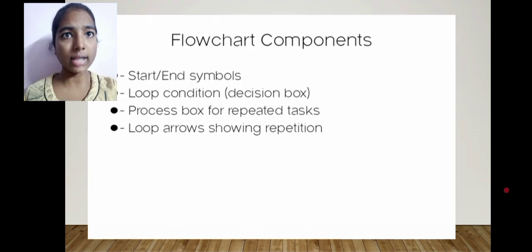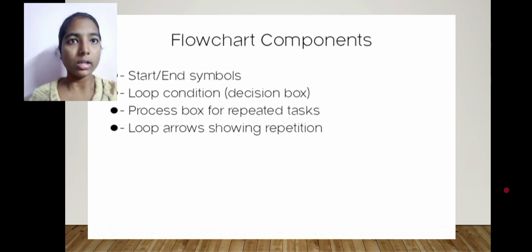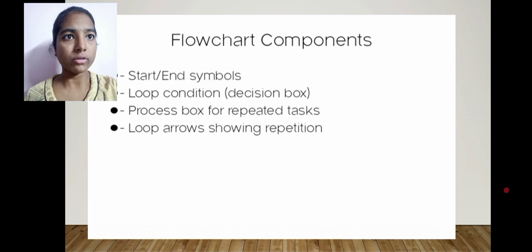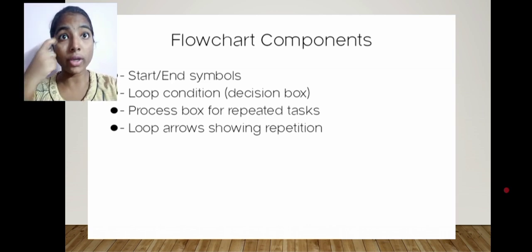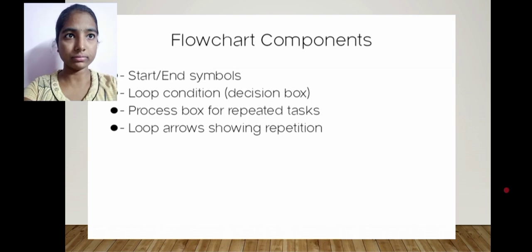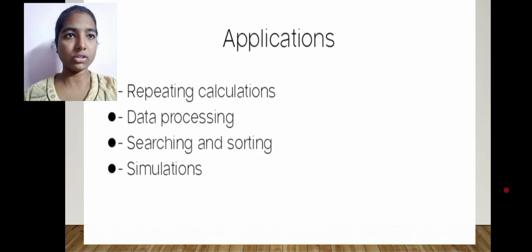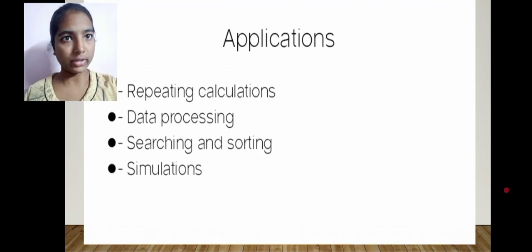What are the flowchart components? First, start or end symbols as usual, and the loop condition, that is a decision box, that is the iteration block. And next, process box for repeated tasks, and loop arrows showing repetition. What are the applications of repetition algorithm? Repeating calculations, data processing, searching and sorting, and